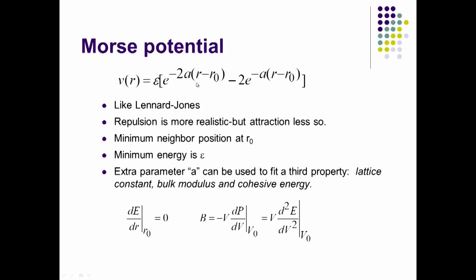So, you are looking at the two parts, repulsive and attractive, and the minimum neighbor position is at R0, with minimum energy zeta. The extra parameter A, which we are looking at here, can be used to fit a third property like lattice constant, bulk modulus, or cohesive energy. So now you see how the empirical observations done by experiments are going right into your equation. And that is the most important equation, because you will plug that information in as the force field